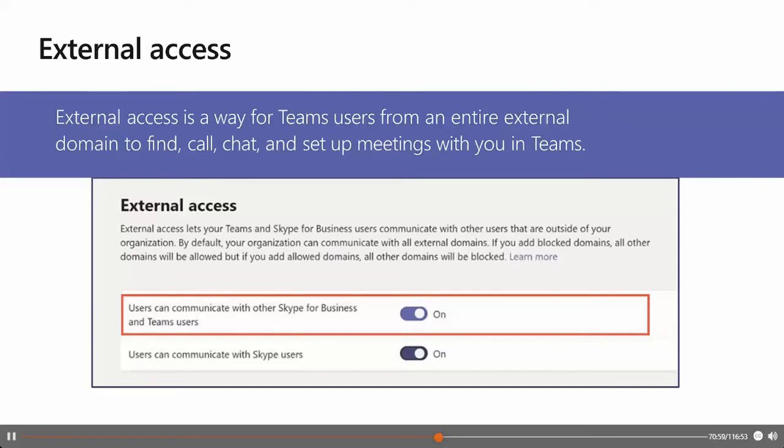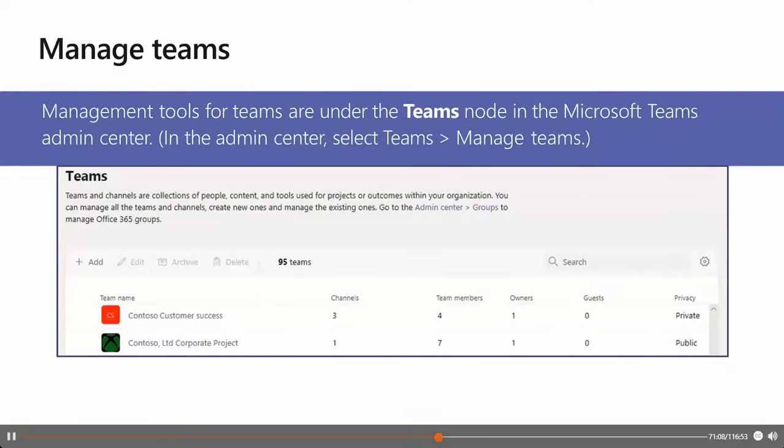So however, if you want external users to have access to Teams and channels, guest access is the only mechanism for that. To manage Teams, you can also use the Teams admin site, where you have all the necessary information and all the tools to add, create, or better said, change, or do some administrative task on your Teams itself. So you see on the grid all the channels that are included, the team members, the owners, the guest count, the privacy state, the status, the classification, and the group ID if you dig deeper inside of this administrative tool.